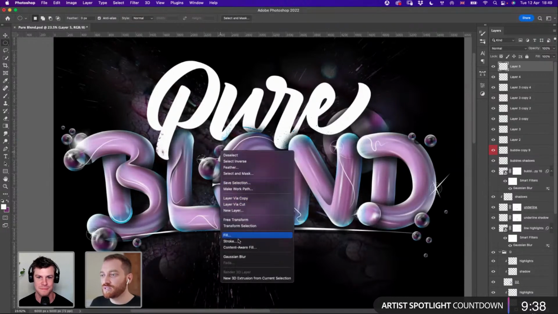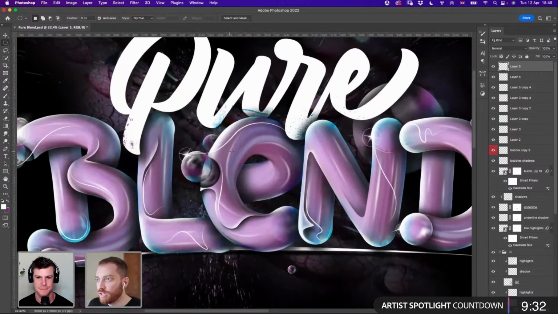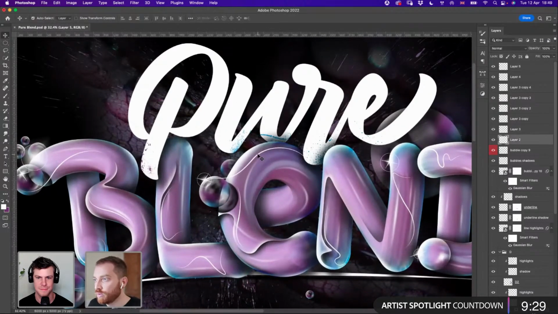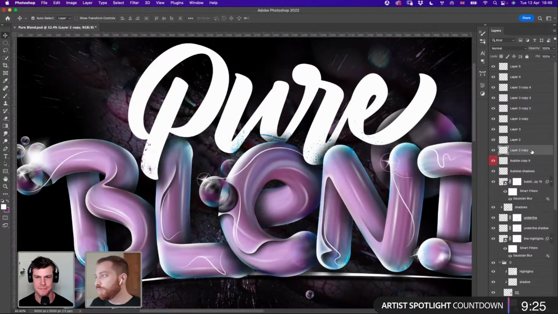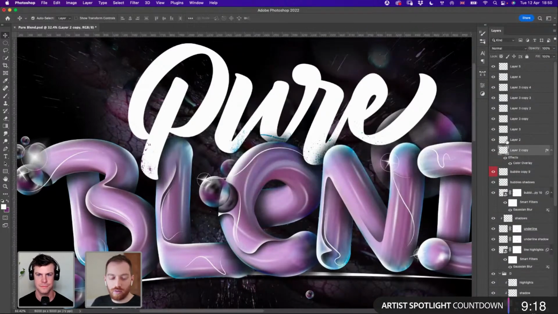Okay, so this one as well. And we can add some shadows from that. We didn't do that. So again, I will duplicate that. I will add a blending option to make it black, and I will move that lower like this. And so you see here how it's kind of a real shadow.